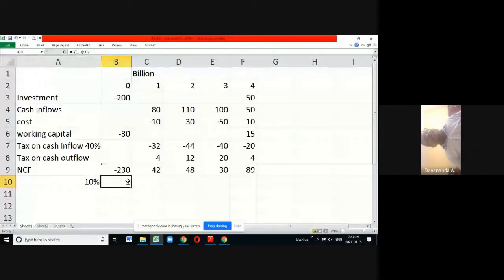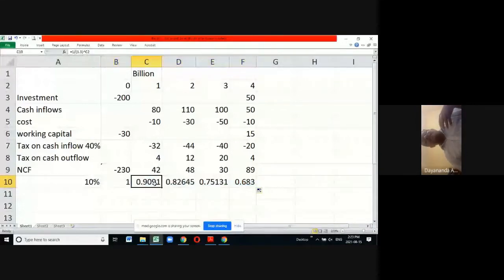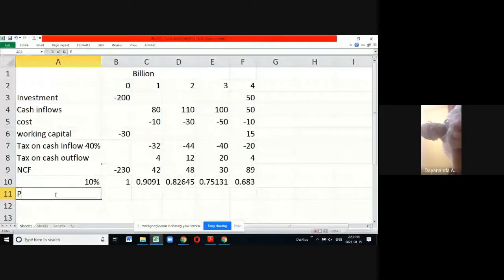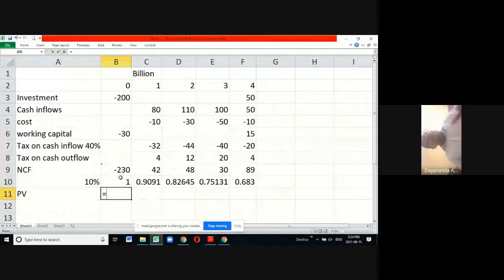Of course, here you get the data. Based on your second table, you may agree with me on these factors. You may have the second table. And now you know the factors, and you can now discount. The process of discounting. Once you discount it, you get the present value. So we will call it present value. How do you get the present value? You multiply this by the factor. You get the present value.